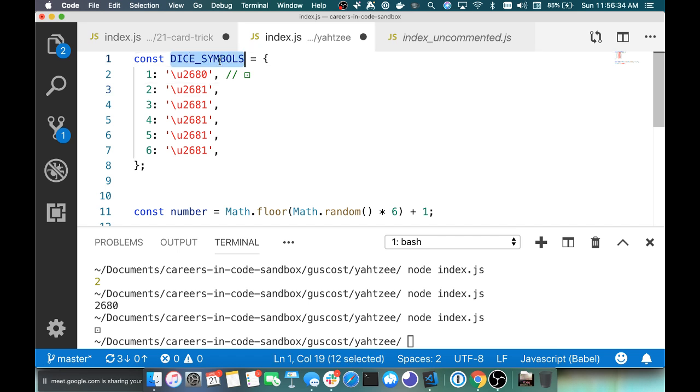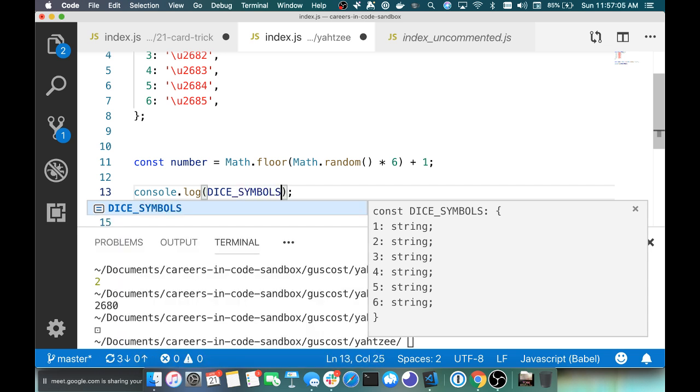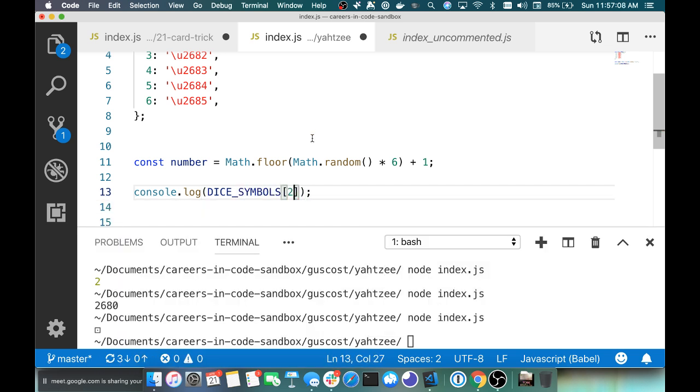And this object, we will look up a number. The keys for an object can be a number, they can be a string, they can be anything. So we can actually put numbers in here, which are 1 through 6, and what we get back is a symbol of the die with the face that we're looking for. So if we go down to here, and we do console.log dice symbols 2,